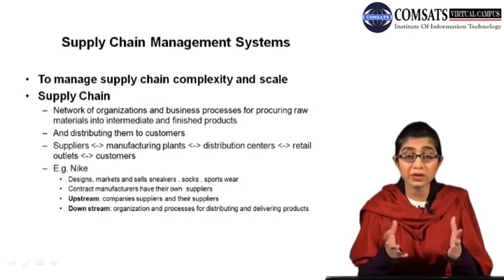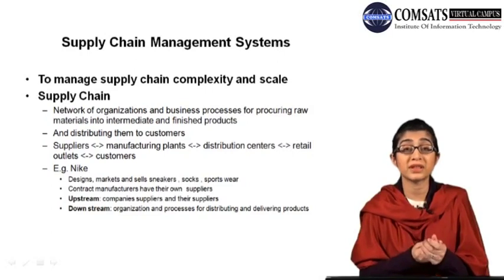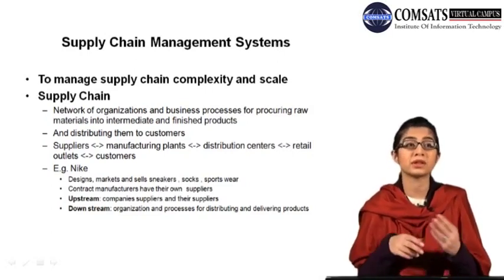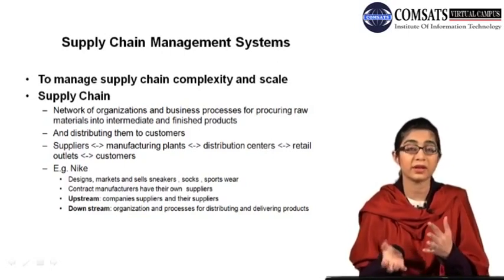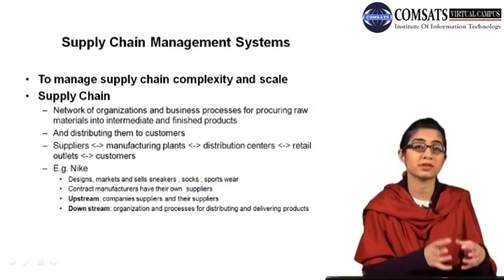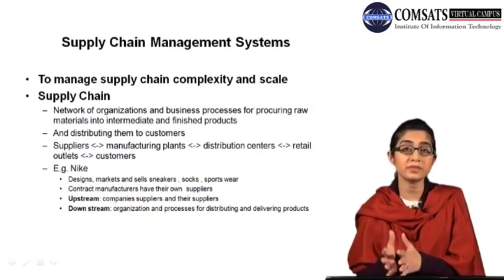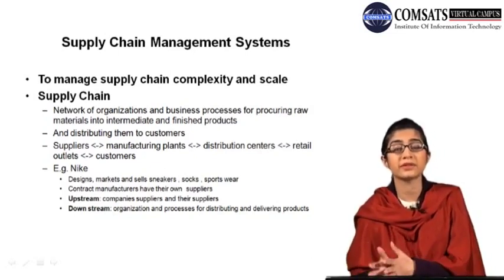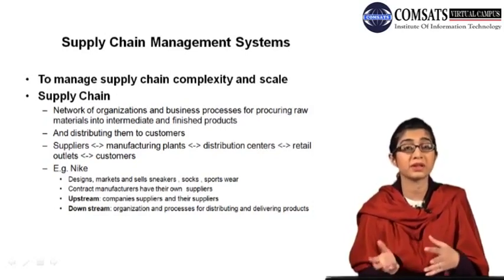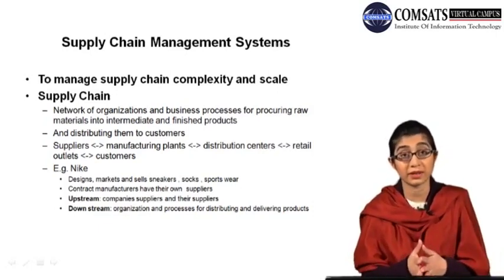So suppose you manage a firm whose products are of very different kinds. The products are complex, that means different kinds of raw materials are required. They go through a certain phase of creation, that means the raw materials are converted into parts, and then those parts are integrated together to create a finished good. You have a number of suppliers likewise, because you have different kinds of products, so different products are provided by different suppliers.